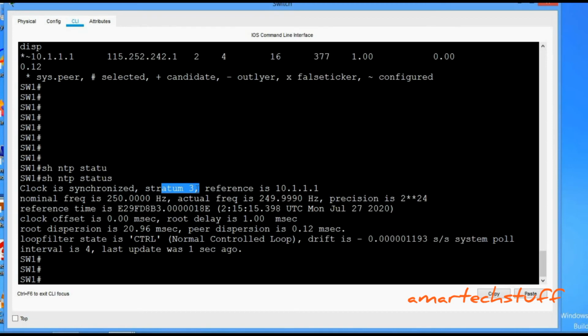So you have seen that the NTP server was not correctly configured. We configured the NTP server for this particular switch as 10.1.1.1, that is the edge router. After doing that, we waited for some time. As I told you, NTP synchronization, whether you do it in the real environment, will take a lot of time. In the lab environment also, when I was doing it on Cisco Packet Tracer, it took a lot of time.